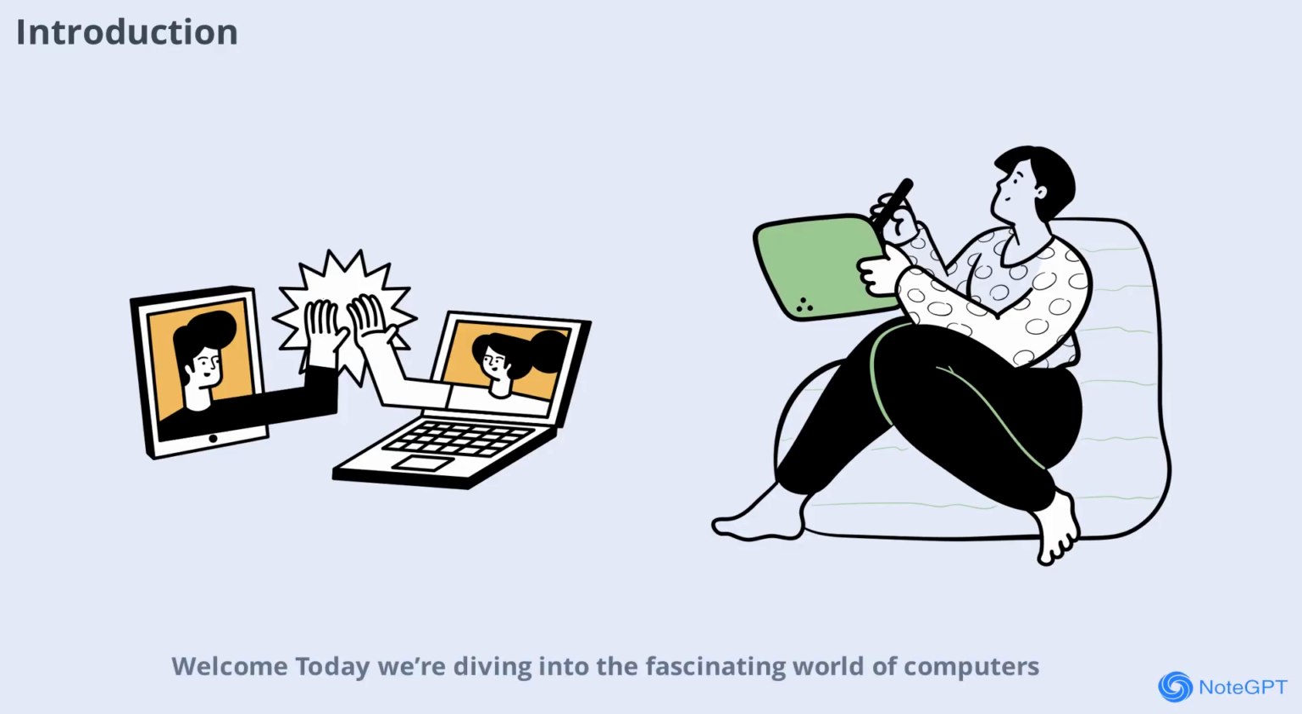Today we're diving into the fascinating world of computers by exploring the key differences between hardware and software. Whether you're a tech enthusiast or just curious about how your devices work, understanding these two fundamental components is essential. Hardware and software work together to make computers function, but they are very different in nature. In this video, we'll break down what each term means, how they interact, and why both are crucial for modern